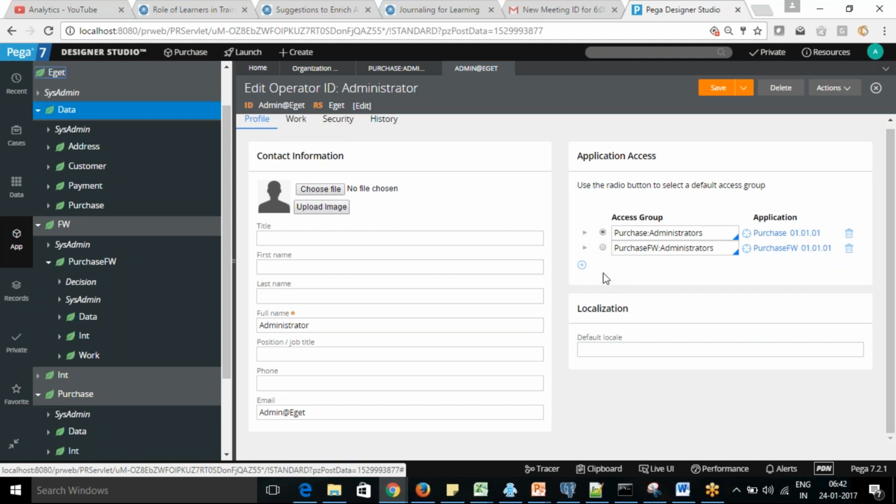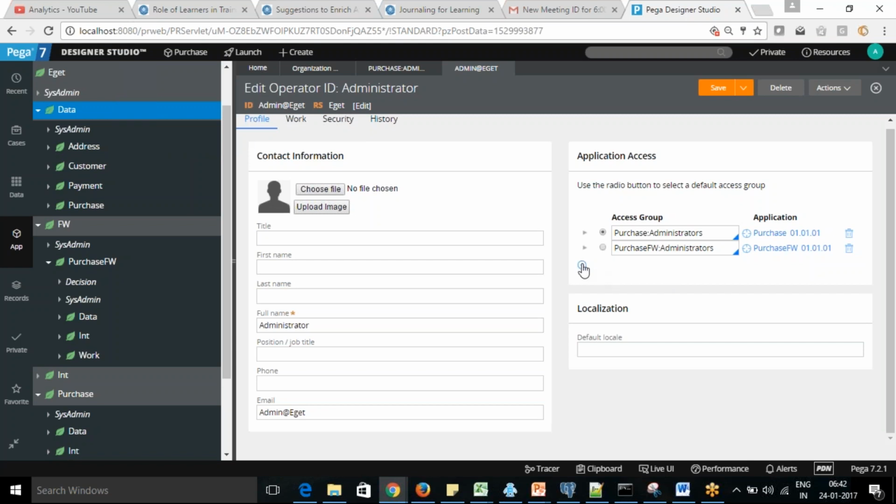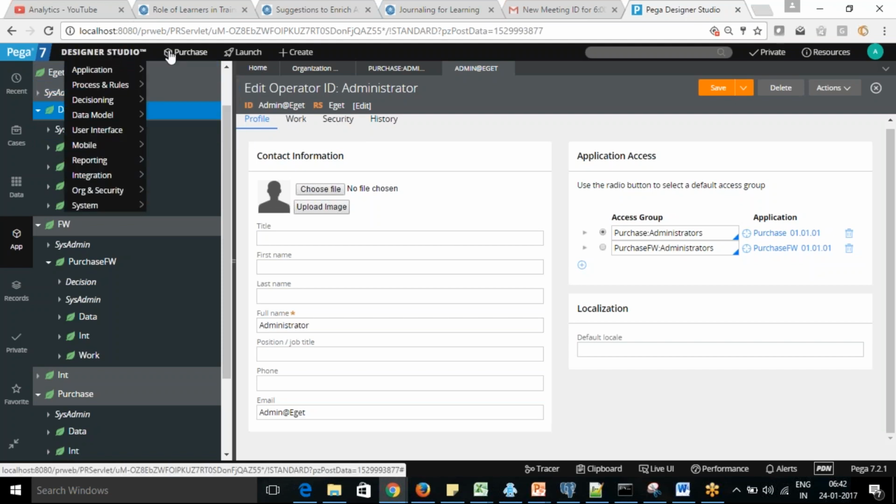The number of access groups, you will see it here. You can switch between them, so here you have the option of switching to different applications. I'm in this application, and if I'm going to add one more application, let's do it in a fast way.